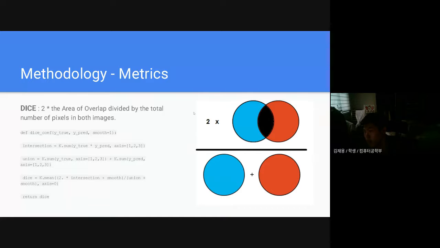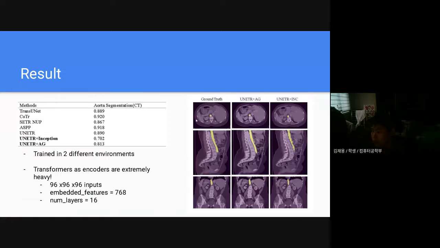For the metrics, we used the dice score, which you probably all know. The results came out as we didn't quite achieve the results that we wanted. First of all, we trained in 2 different environments, and the transformers as encoders were extremely heavy. So the inputs were pretty big, and in order to get reasonable scores,